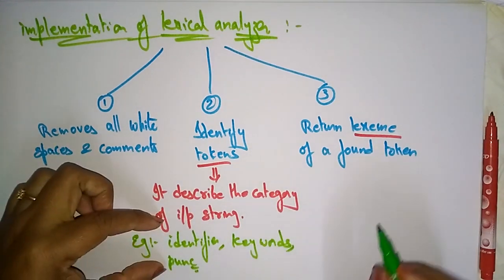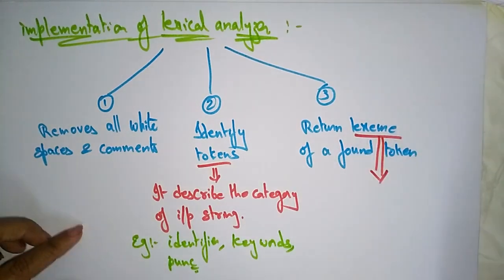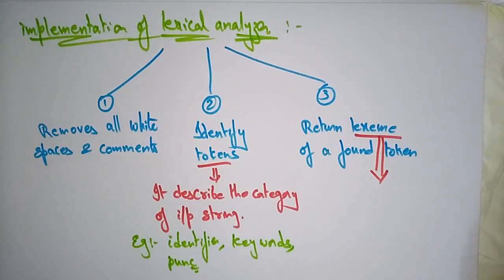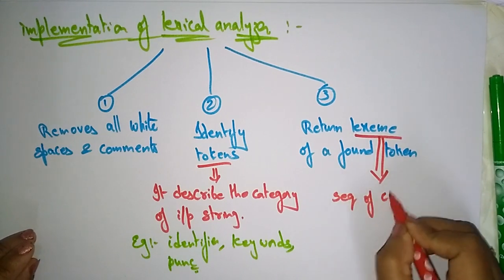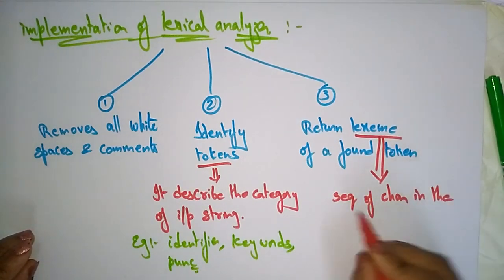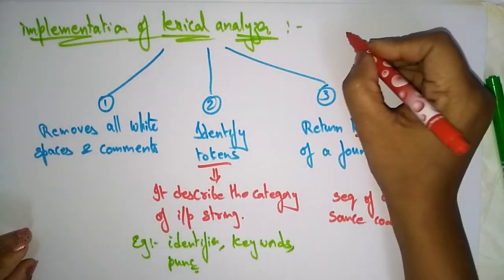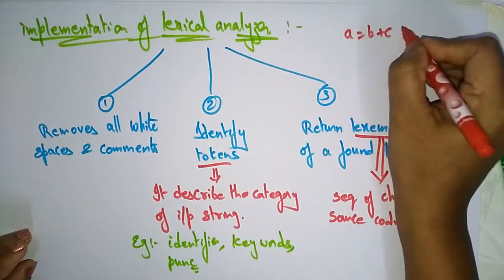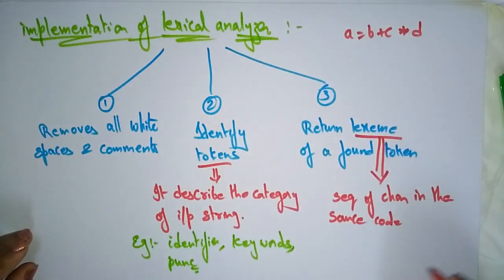Just its name. Then what about the lexeme? Lexeme is nothing but a sequence of characters in the source code. In the previous example we took A is equal to B plus C into D, like that. So here the sequence of characters in the source code that are matched with